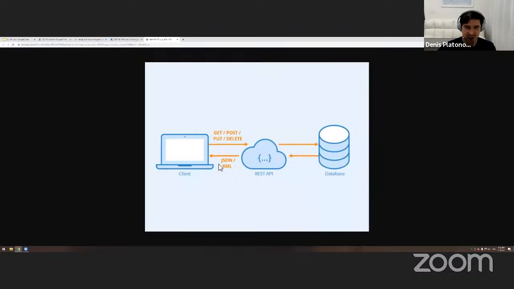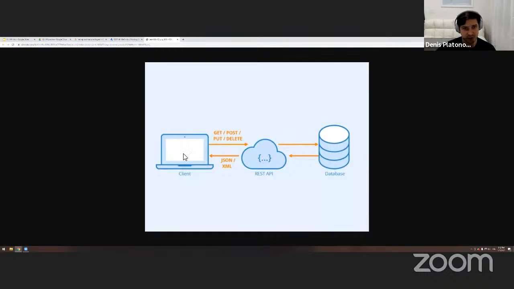What do we see on the left side? This client. What is the client? Give me the answer. Okay. Yes. Us. Yes, that's a front end. So we're going to stick to more technical definitions, right?